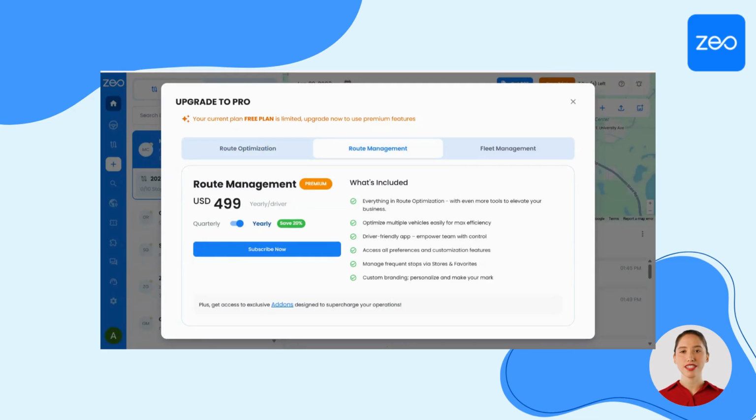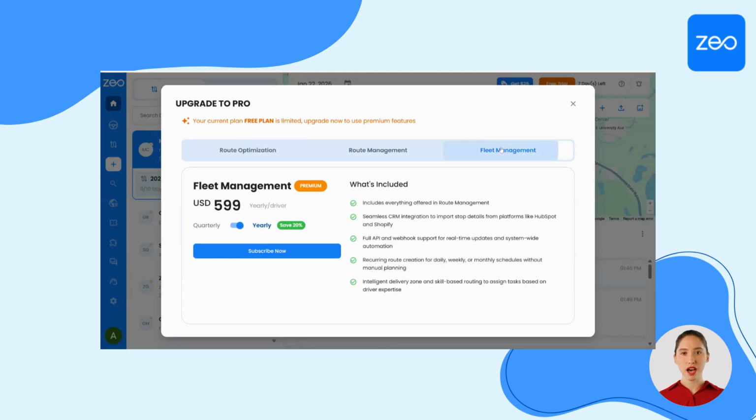Route Management. This includes everything in Route Optimization, plus optimization for multiple vehicles, a driver-friendly app for better control, full access to preferences and customization, stores and favorites for frequent stops, custom branding to personalize your operations,